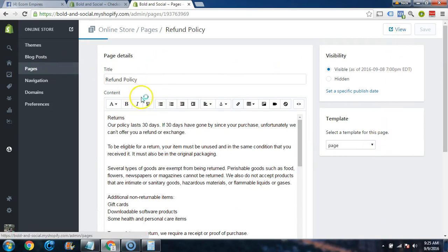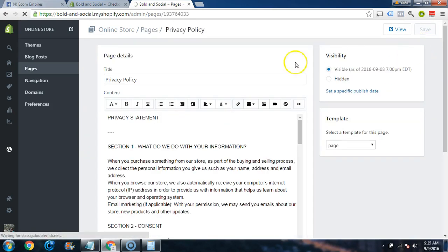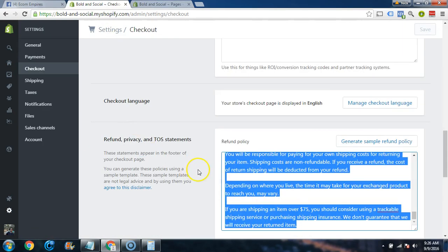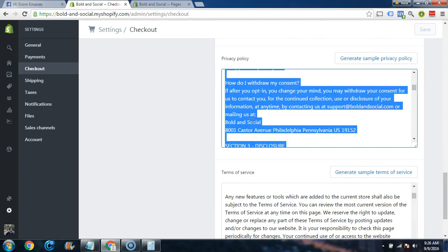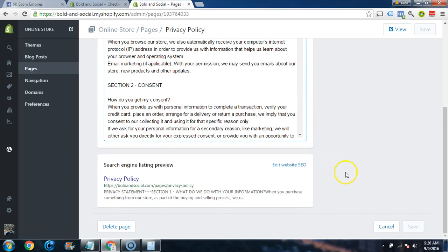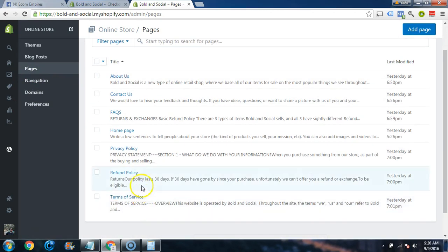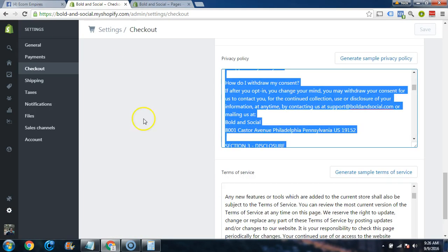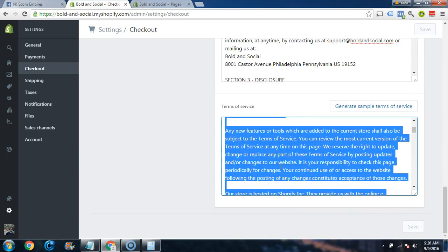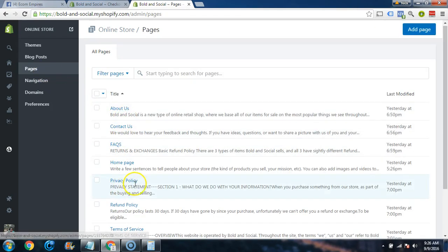That's your refund policy page. You're going to repeat that process for each one of these. All right? You'll add a page, name it privacy policy, come down here, select everything, copy it, and then just paste it right into here, and then save the page. And now you have your privacy policy page, and then lastly will be terms of service, which is right here. Same thing, select everything, copy, paste the whole thing in here, save the page,